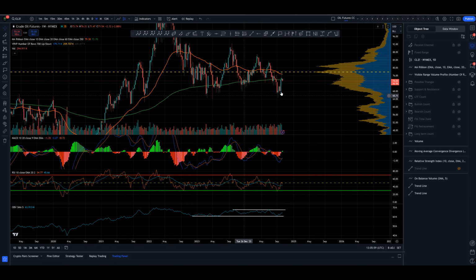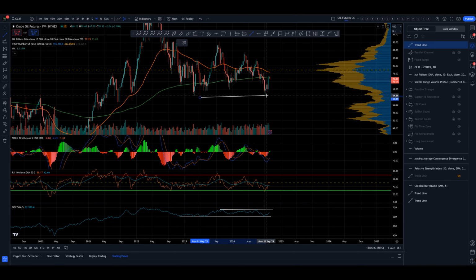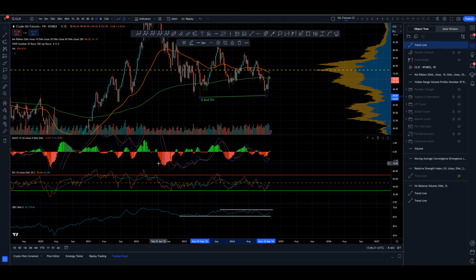But either way, it's not entirely clear, is it? We do have a little bit of hidden bullish divergence then, don't we? But we don't, because we don't have a weekly close down here. I misspoke, sorry. If we had a weekly close here, we have lower lows in the RSI, higher lows in price. That's the opposite of the traditional bullish divergence, and would be a hidden divergence instead.